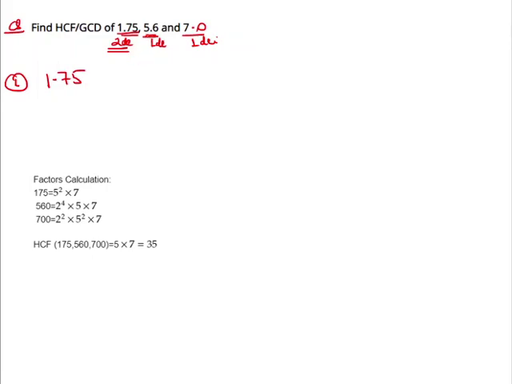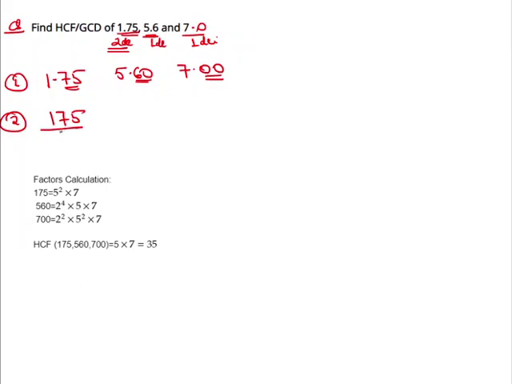For example, 5.6 is given here. You have to write it as 5.60 so that it also involves two decimals. Okay. Then again 7.0 can be written as 7.00 so that it also involves two decimals. Now all the numbers have two decimals. Okay. Now the second step is you have to remove the decimals.